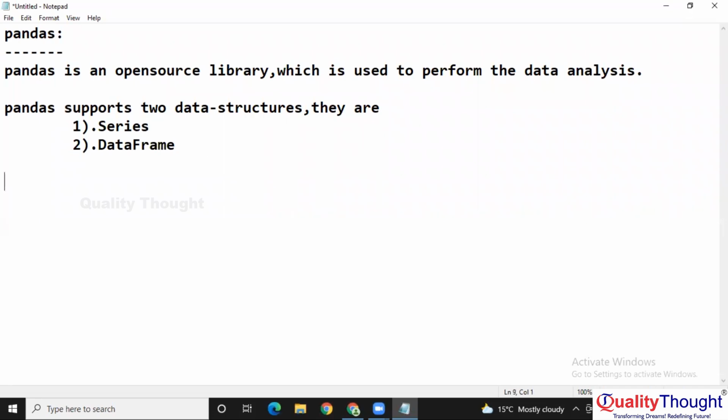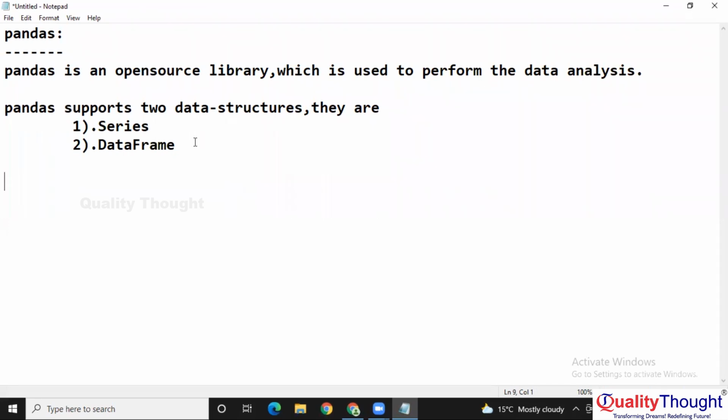Next one, open source library for Python which is used to perform the data analysis. Pandas supports two data structures. They are series and data frame. If we want to work with pandas, first we need to